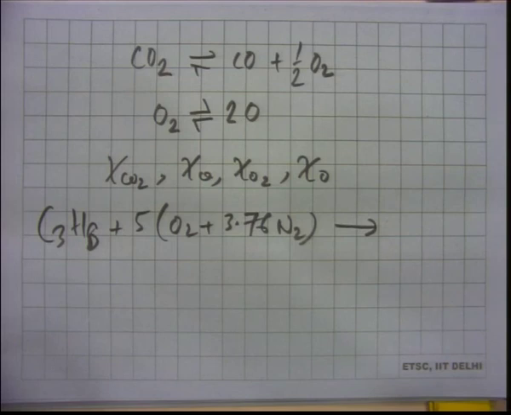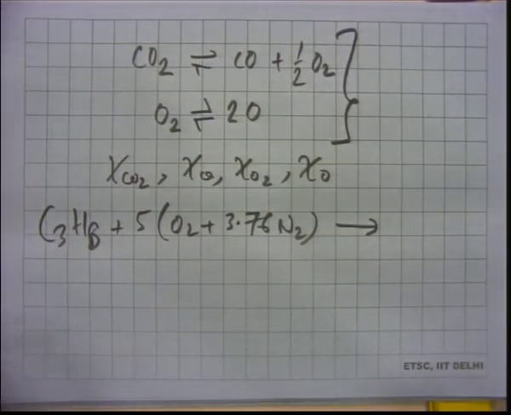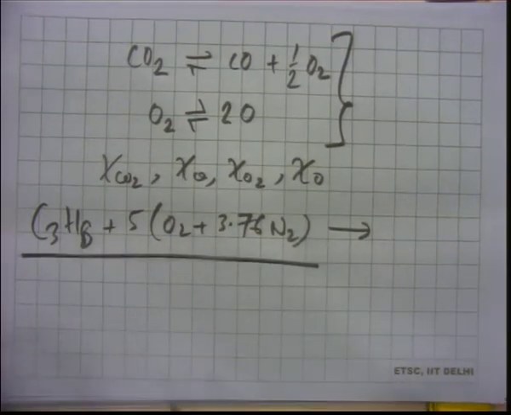There, how do we bring in equilibrium? We do not know. There are ways of doing it, and today we will run out of time, so we will not be able to do it easily. No way in fact we will be able to do it today, but we have to assume some kind of equilibrium reactions like what we did for the previous example. The previous example, we took these 2, we spoke of these 2, CO plus half O2, we spoke of O2 dissociating into O, we did all that.